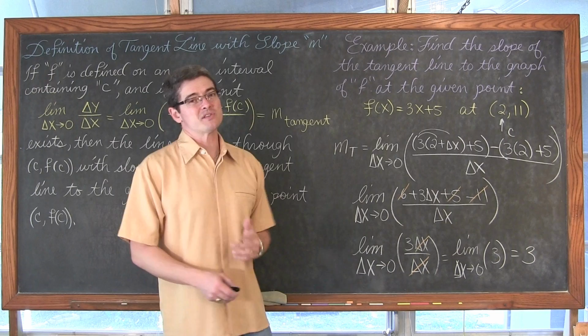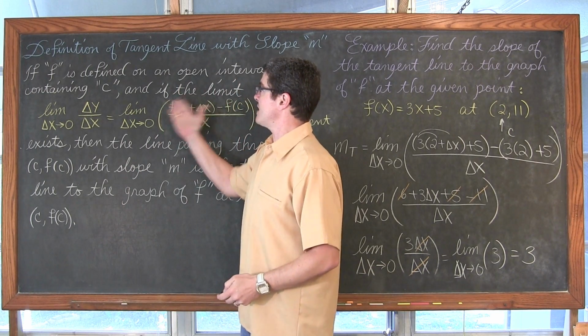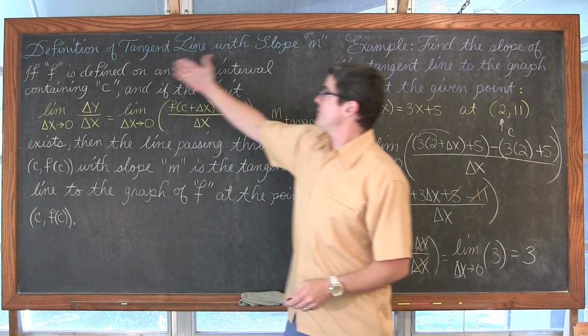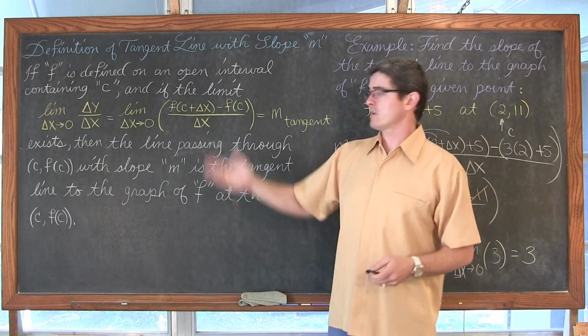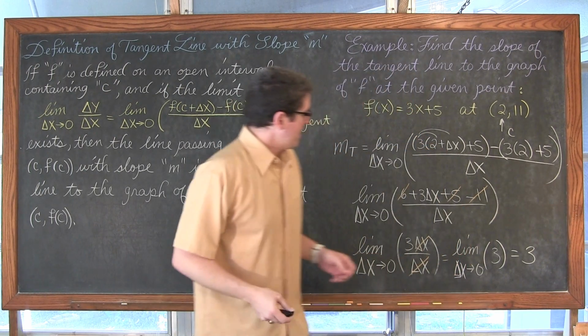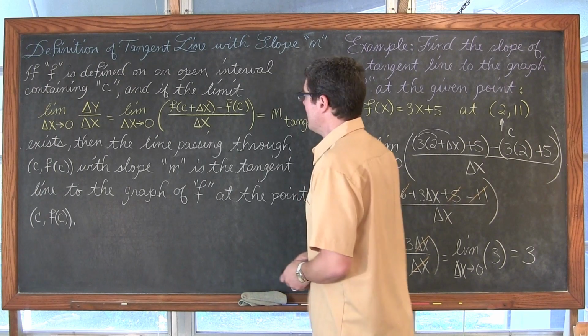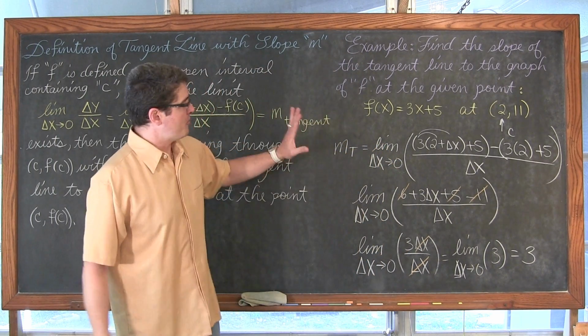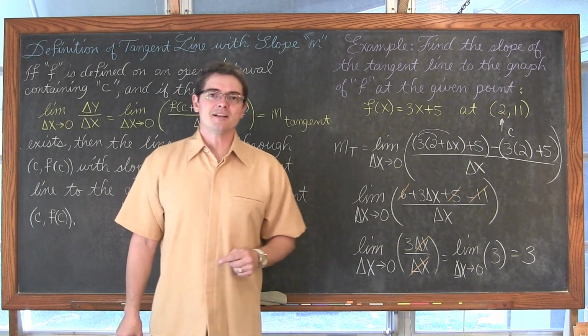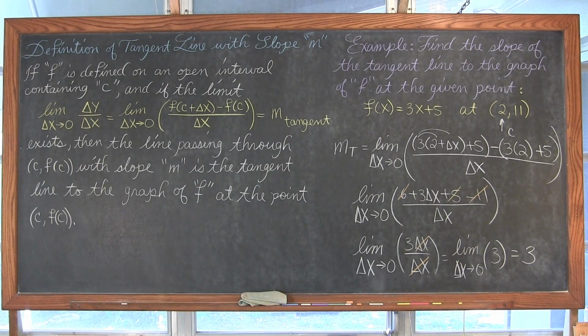But this original function isn't a curve. And the cool thing about this definition of a derivative, or the definition of tangent line with slope m, I'm just going to call it the definition of a derivative, is you can find the slope of a curve at any point. So, let's get this erased. I'll put up the previous question, and let's get to it right now.